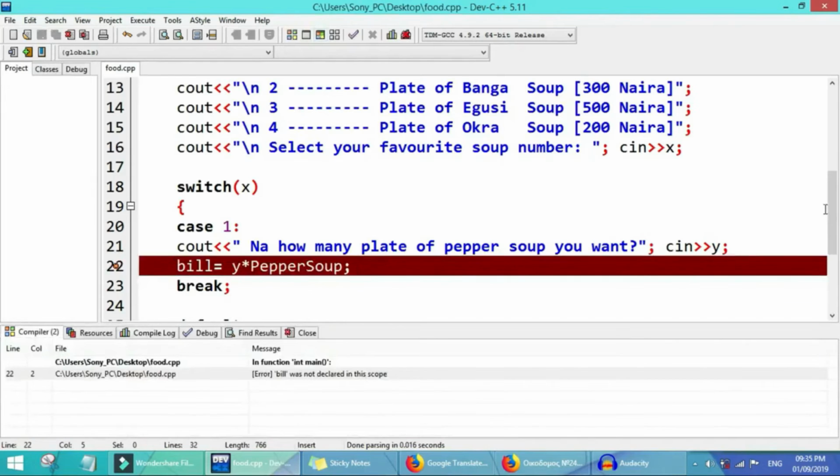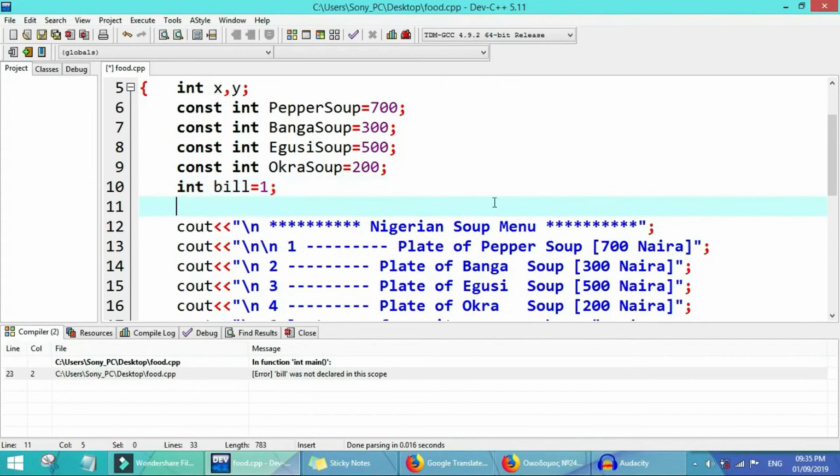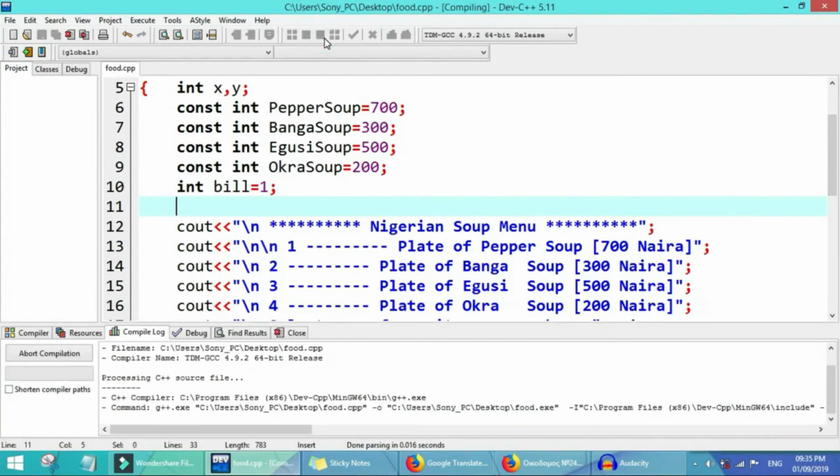Okay, one other thing we forgot here, we need to define our bill. Int, since our bill is an integer, we give it an integer definition. We assign our bill to 1 because we will use multiplication on the bill. So we run it again and see.